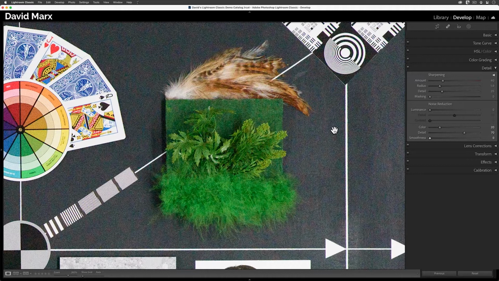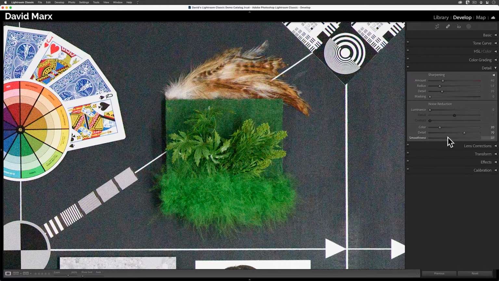Visually, this one is very similar to the color slider, the one that I moved first, but they target different size artifacts. The color slider does a better job wiping out the false red and green dots, and the smoothness works better when you have large blotchy colored areas to remove.